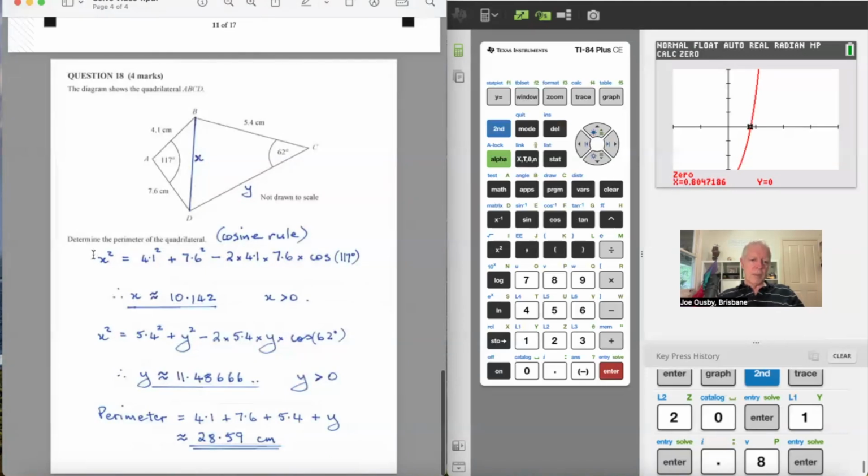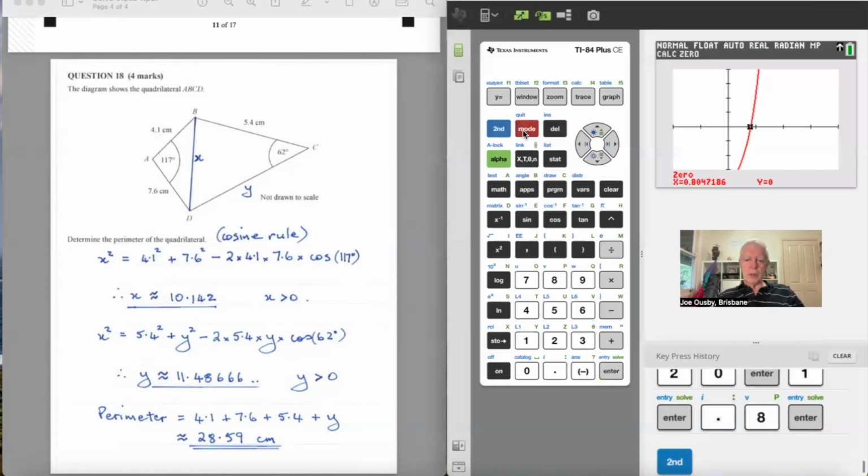And so for me, that means that I'm saying x squared. By the way, notice the x is opposite the 117, so in the formula, if that's 117, this is x all the way over here. So then I just wrote it all out and said, okay, x squared was equal to 4.1 squared, and did that. Now I want to go to actually executing that on the calculator,